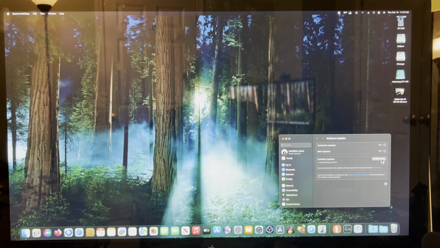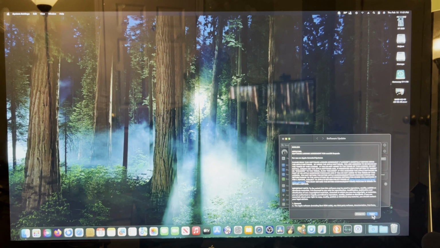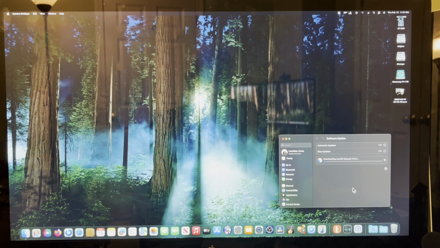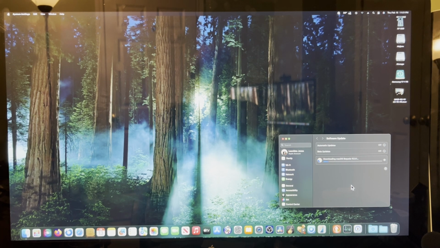15.3.1. Update now. Agree. Downloading the updates. Now, while it's doing this, one thing in the most recent video, the 15.3 video, you